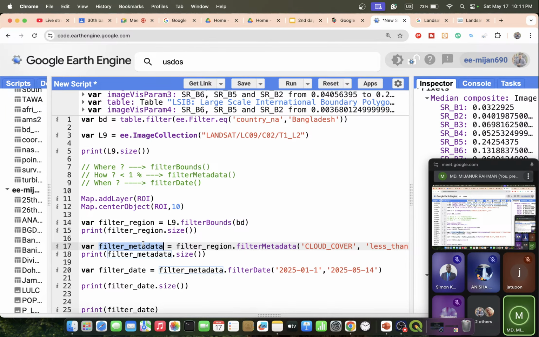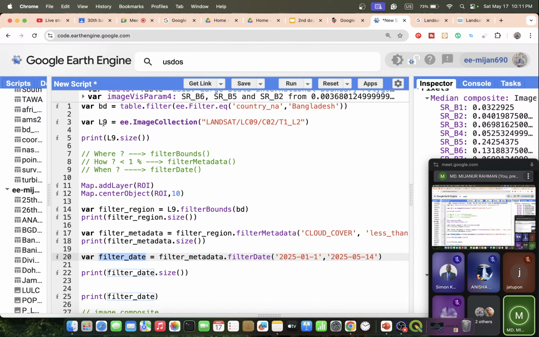But if you want, you can take only one variable, and under this variable you can put all of the functions. For your understanding, I will first do all of these things individually, but if you want you can also write the code this way. Suppose I apply here filter bounds, same variable, I use filter bounds with BD, then put here filter metadata,